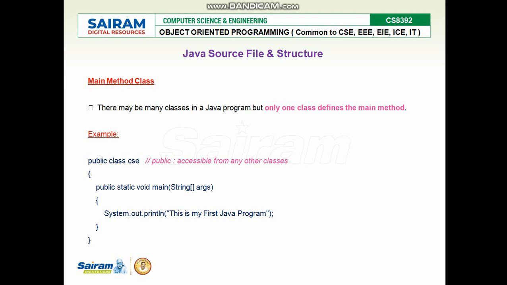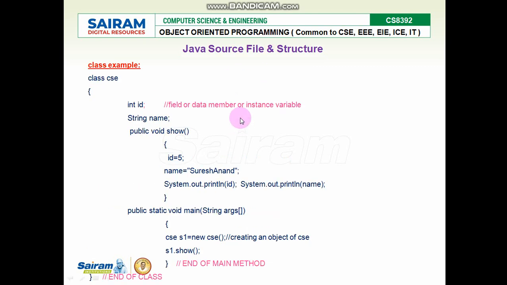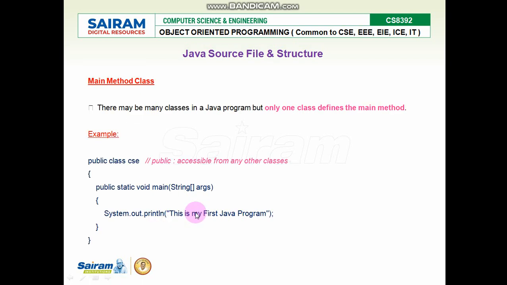That is what we saw in the previous slide: there may be a number of classes, but in the previous program only one class had the main method. That is, there may be a number of classes, but only one class defines the main method, which means only one main method must be there for a program.